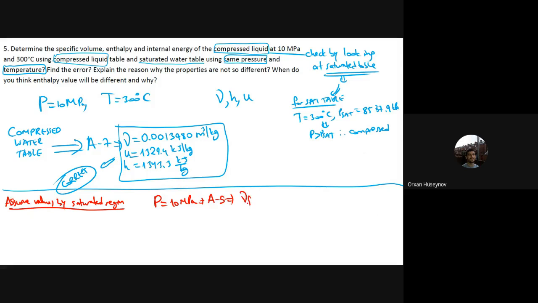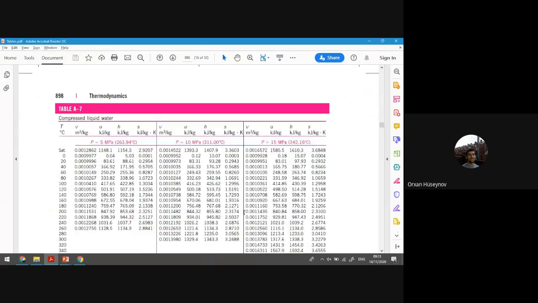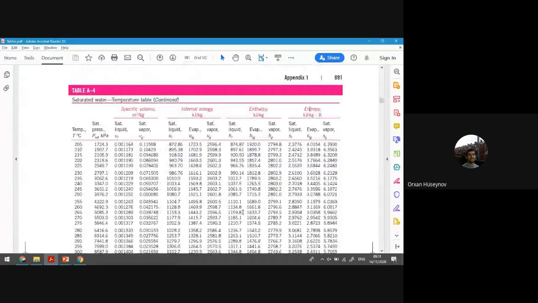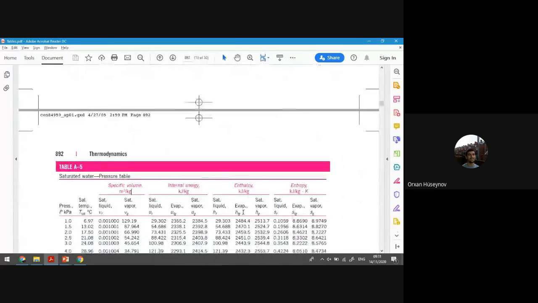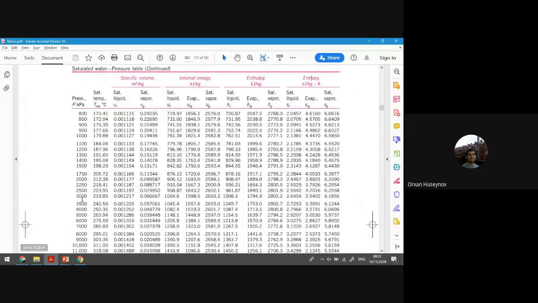So that new F, UF, and the HF. This is what the question says. I'm doing what the question says to me. This one is the temperature, and here you have the pressure, and for that pressure value, I'm interested in 10,000 kilopascals, which is this line. And I will first take the new F value, which is